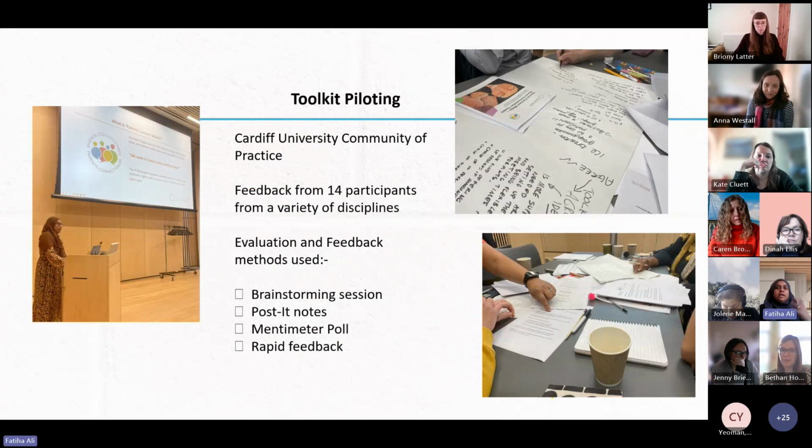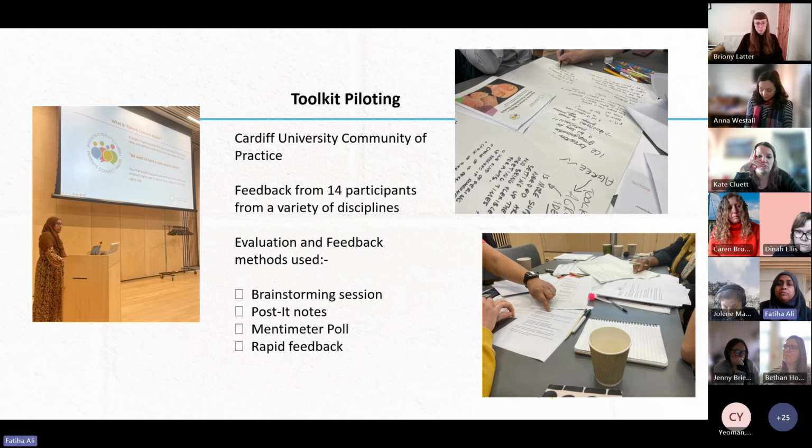Okay, so Anna and I put our heads together, pulled together lots of different things and put it into a toolkit. We then decided we obviously needed to pilot the toolkit. We needed to take it out and give it to a group of people and say, have a go at this and let us know what you think. We work with the Community of Practice in Cardiff University, which is a creative and innovative research methods community of practice. So we took the toolkit to them and let them have a go using it and give us some feedback on what they thought.